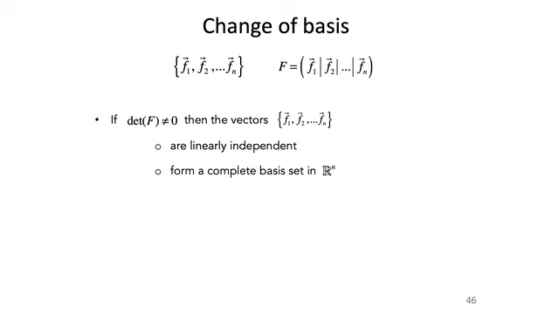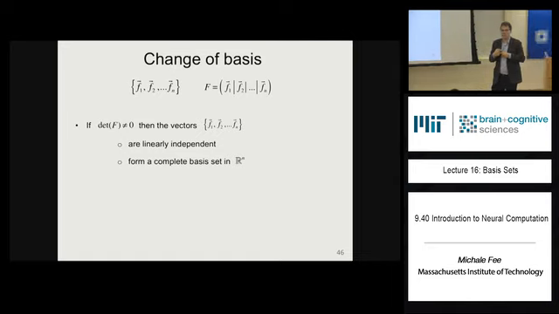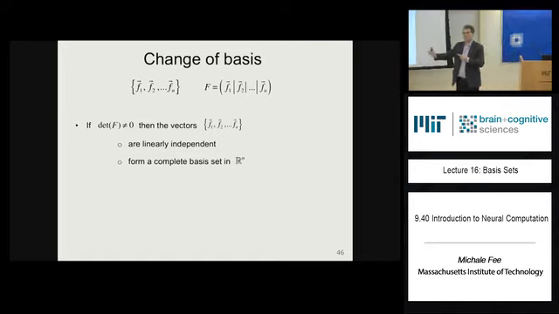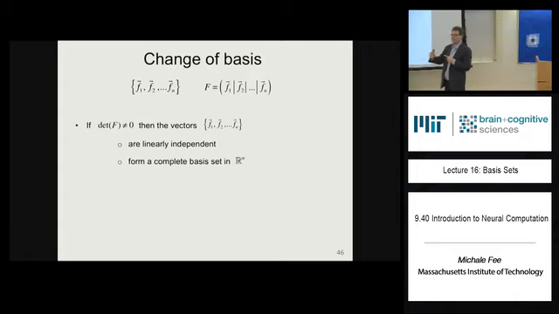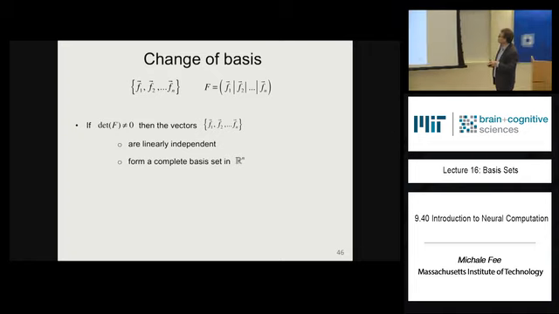If the determinant is not equal to 0, then that set of vectors is linearly independent. That means you cannot write one of those vectors as a linear combination of the others. Those vectors form a complete basis